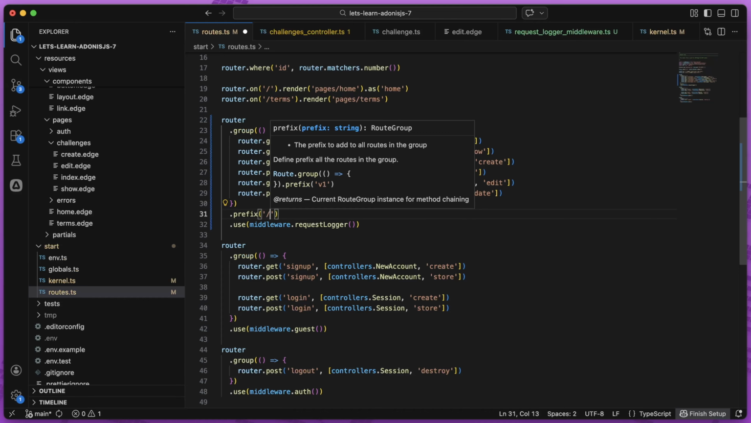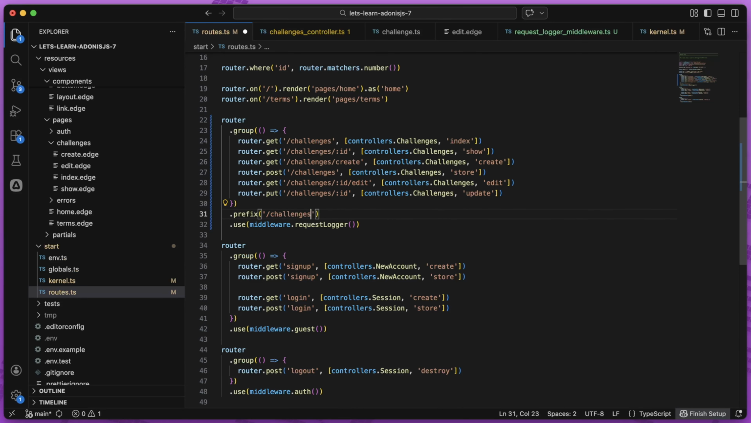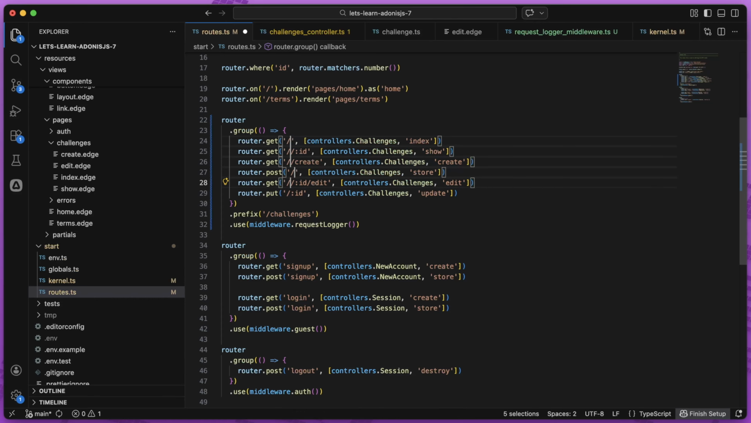So that could be our /challenges here, meaning that we can now get rid of the /challenges for each one of these individual route definitions, simplifying the patterns for each. We can do this easily by holding Option Command and hitting the up arrow in Visual Studio Code to get multiple cursors going. Hit Option right arrow to jump to the end of the word, Option Shift left arrow to jump to the start of the word, and then hit Delete to get rid of that selection, leaving us with